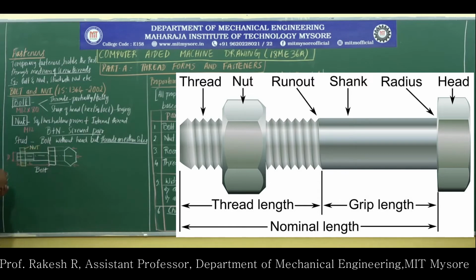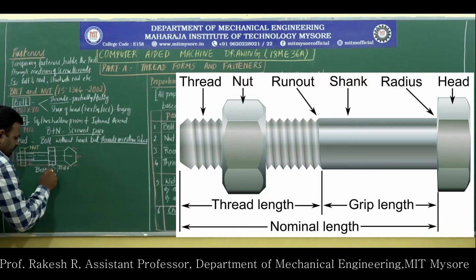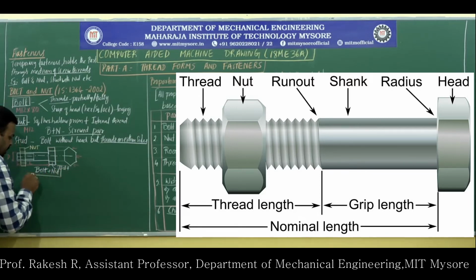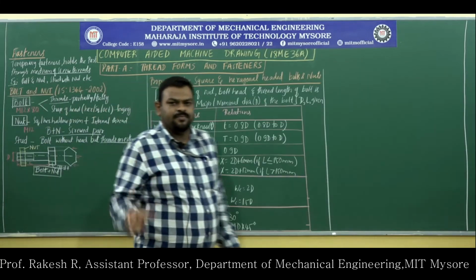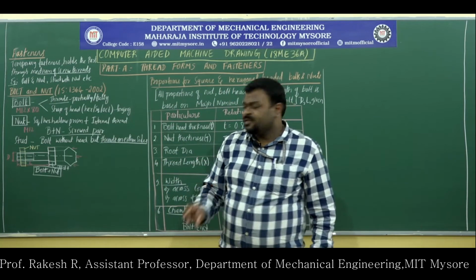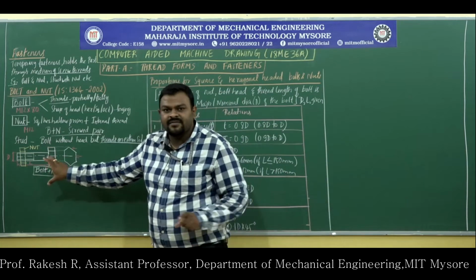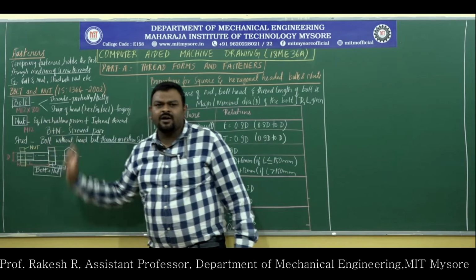This is nut and this is bolt, and this combination is bolt and nut. So it is very important to know what is bolt and what is nut and what is screwed pair. So this is bolt and nut assembly with the screwed pair, and this you have to write according to the